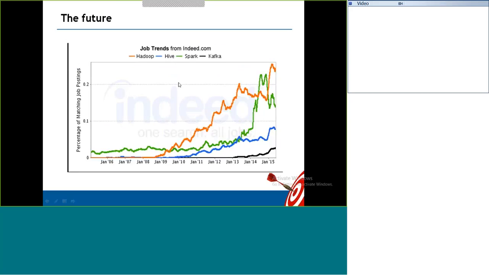Okay, so these are all the Hadoop framework technologies, and when you talk about which technology is creating more and more jobs also, I'm going to share this documentation so that you can take a look at these trends.